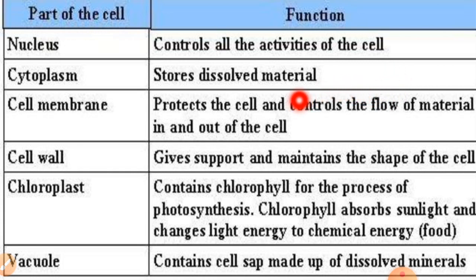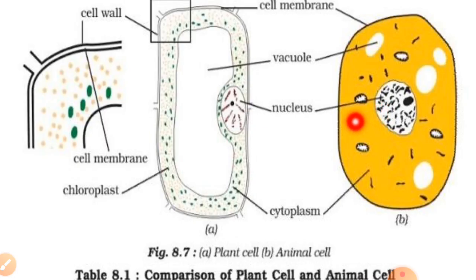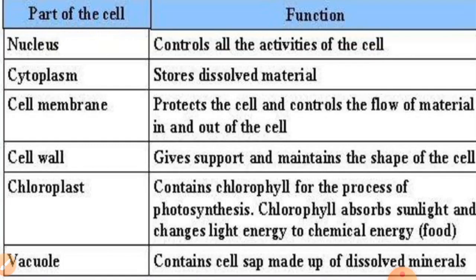Now the second one is the cytoplasm. What is the cytoplasm? Cytoplasm is a thick jelly-like fluid inside the cell membrane. I will show you, it is present in both cells. That is the yellow part. The whole yellow part is called cytoplasm. This is the jelly-like structure, and here the creamish color is the cytoplasm, which is present in the whole plant cell. Okay, this is the jelly-like structure. It occupies the space between the cell membrane and nucleus. All the life functions take place in the cytoplasm.